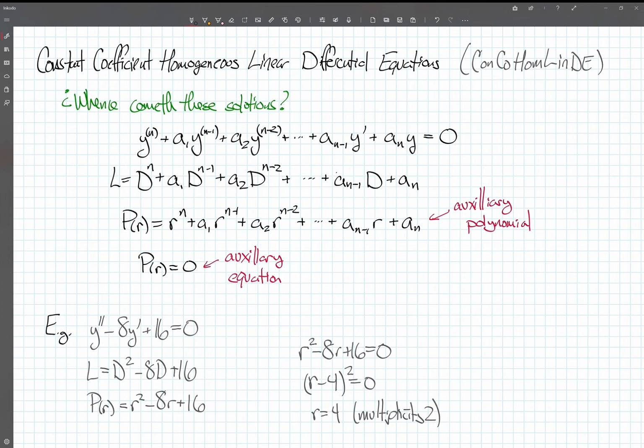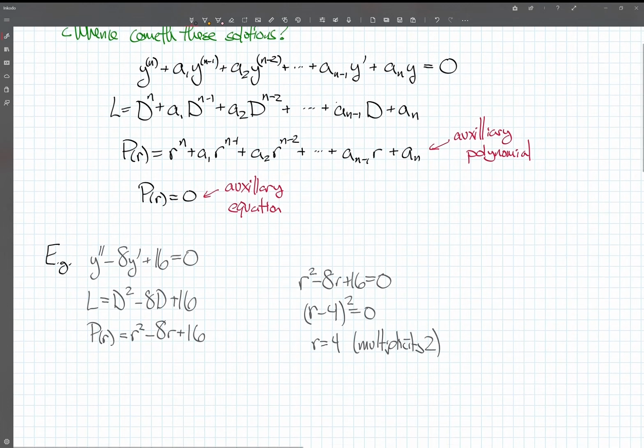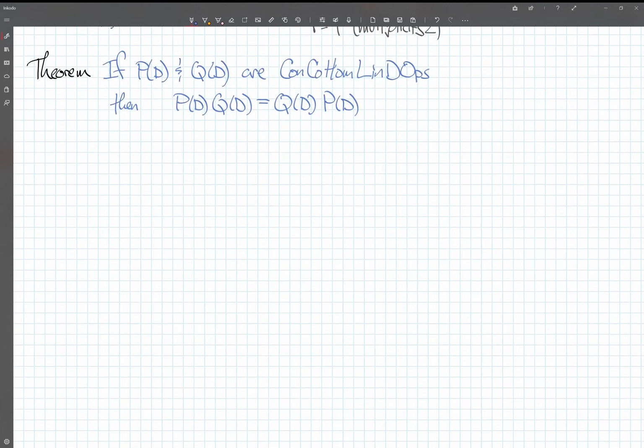Okay, so far, I've just told you, take your equation, you can turn it into a polynomial, you can consider the roots of that polynomial. What does that buy us? Well, it turns out that these linear operators act a whole lot like polynomials. If I give you two different of these operators, so these are these constant coefficient linear differential operators,